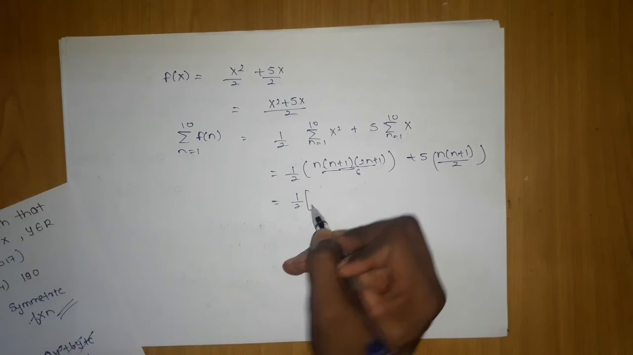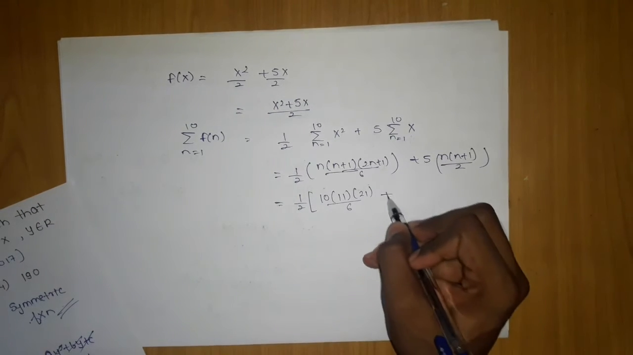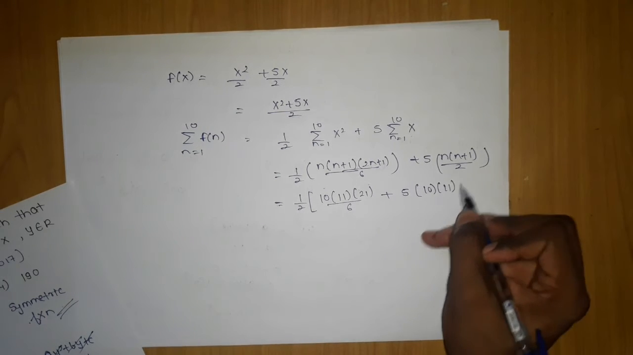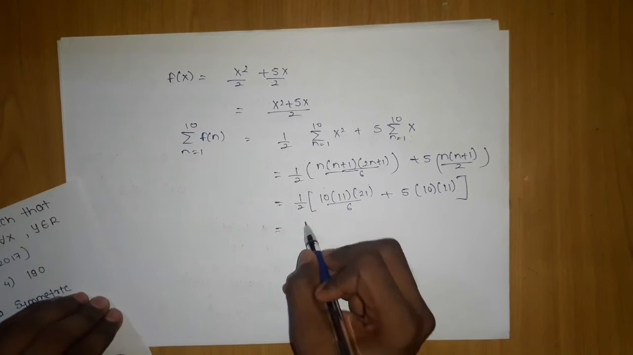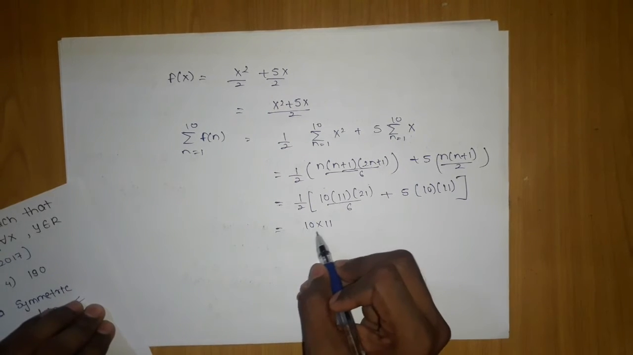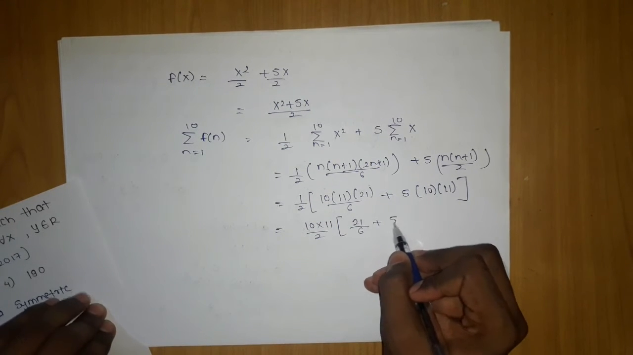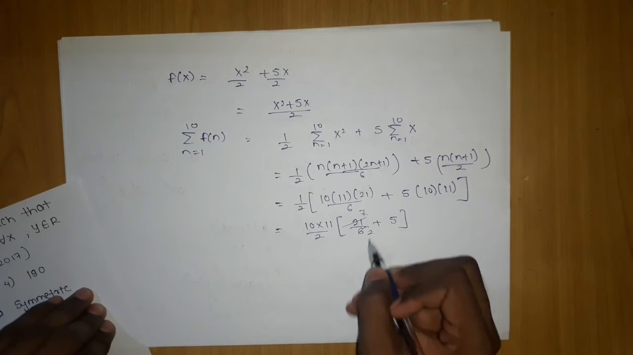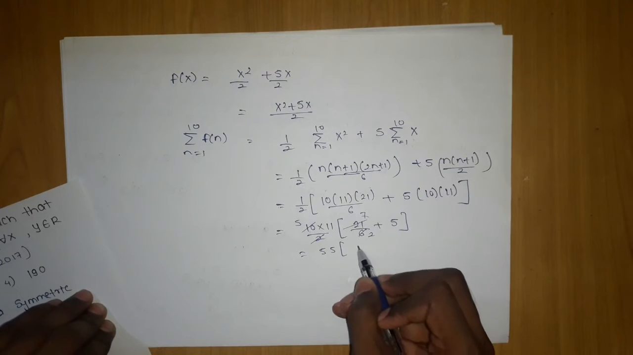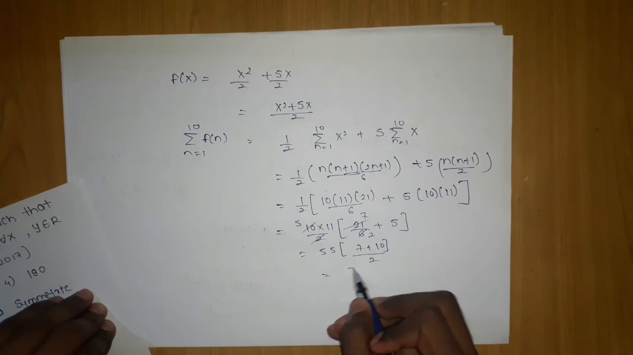The moment I substitute 10 here, I will be left with 10 into 11 into 21 by 6, and here 5 into 10 into 11. If I take 10 into 11 common, I will be left with, divided by 2, 21 by 6 plus 5. This will be 7, and this will be 2, so this will cancel out 5, giving me finally 55. This will be 7 plus 10 upon 2, giving me finally 55 into